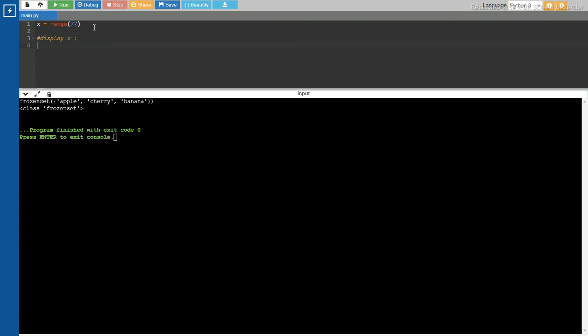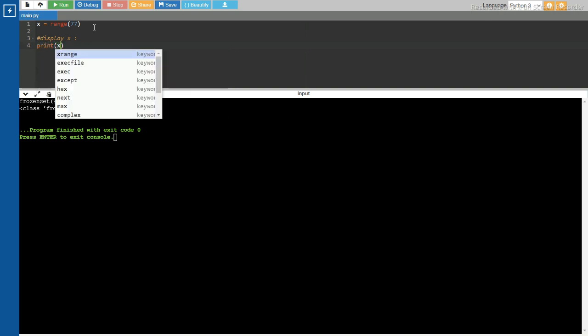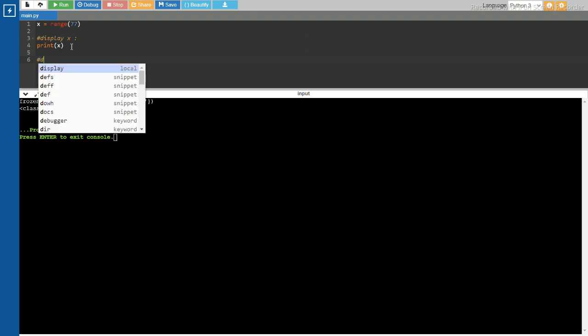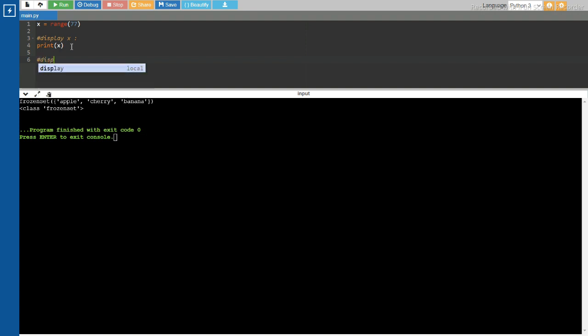Next, let us type print of x, because we need the value of x. And next, we want the data type of this x. Now let us type one more hashtag: display the data type of x.